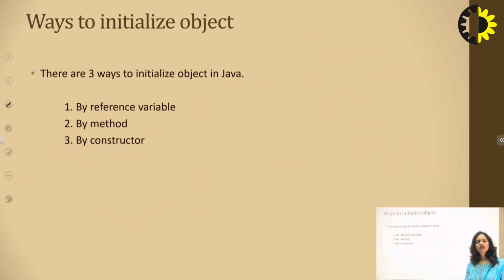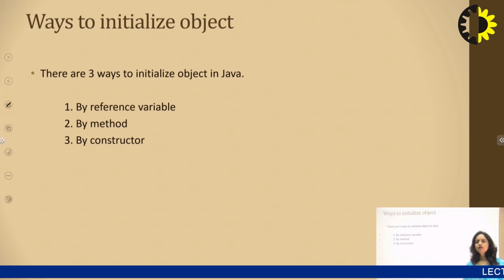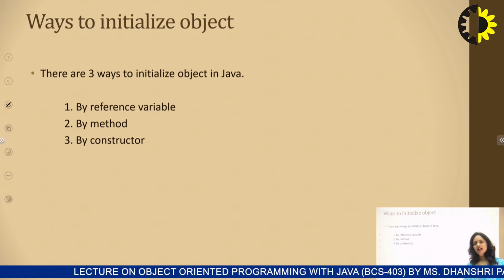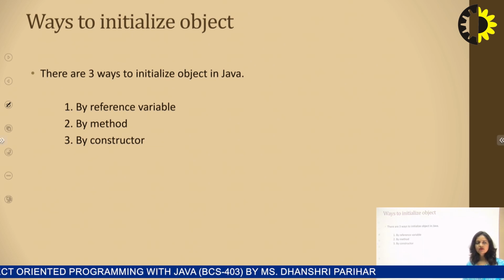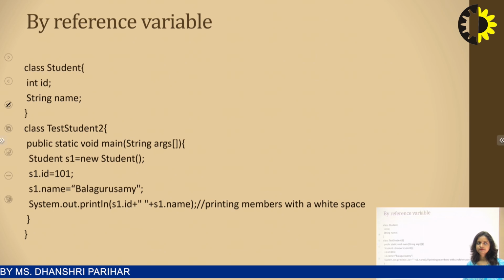Now next, how can we initialize an object? We can initialize it by a reference variable. In the previous two examples we have done that, by reference variable, where we use the object name dot the variable name to invoke that particular variable. So we are creating a reference to that variable. That belongs to the first point. Second, we can also create a reference to a method, and we can also use the concept of an object with the help of a constructor. So we will continue with this: how we can invoke a method or create a reference to a method using the concept of objects.